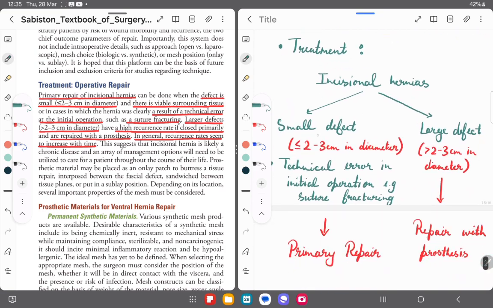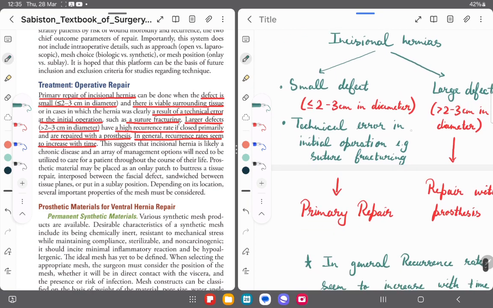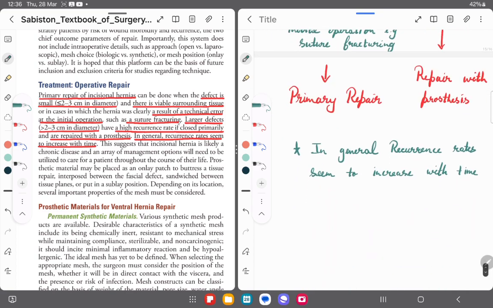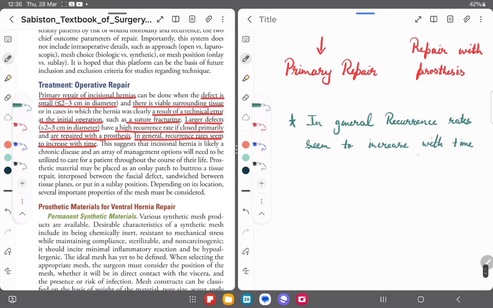Treatment for incisional hernias is for small defects and large defects. Small defects less than or equal to 2 to 3 cm in diameter can be closed by primary repair. Or if there was a technical error in the initial operation, example suture fracturing, it can also be primarily repaired. And if there is a large defect more than 2 to 3 cm in diameter, then repair with prosthesis has to be done. In general, recurrence rates seem to increase with time. So we have completed incisional